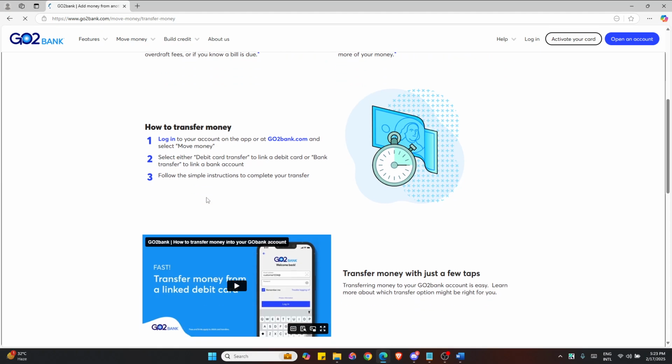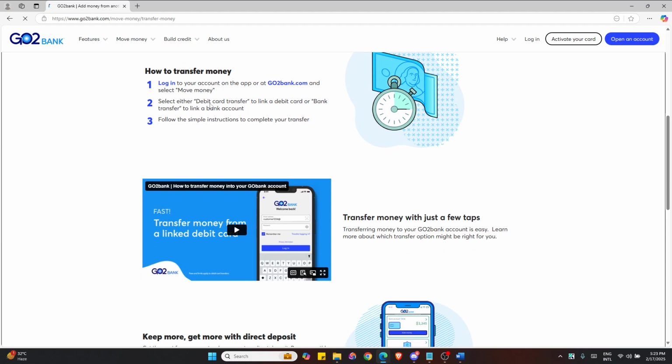So let's get started. First, log into your account on the Go2Bank website or app, and then select the Move Money option. And then select Debit Card Transfer to link a debit card or Bank Transfer to link a bank account. And keep in mind that there are two transfer options, like transfer from a debit card for